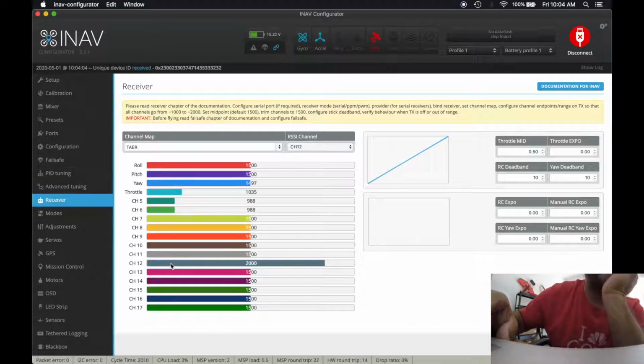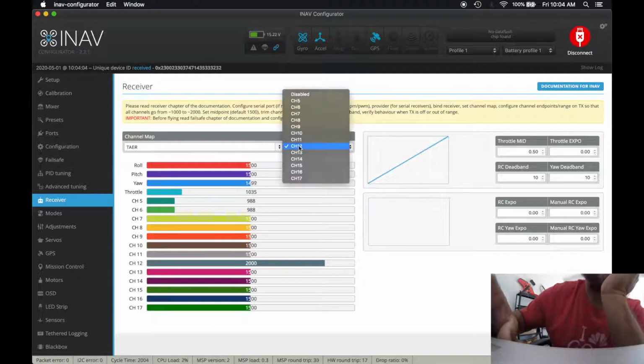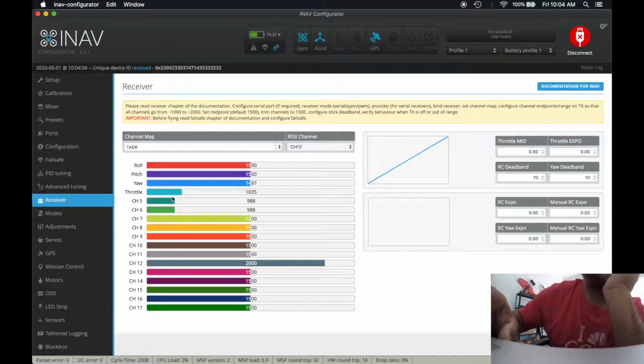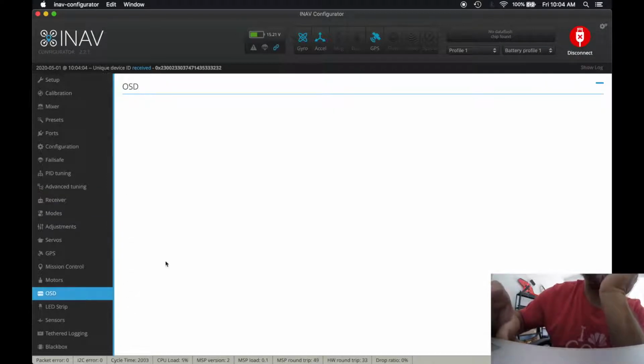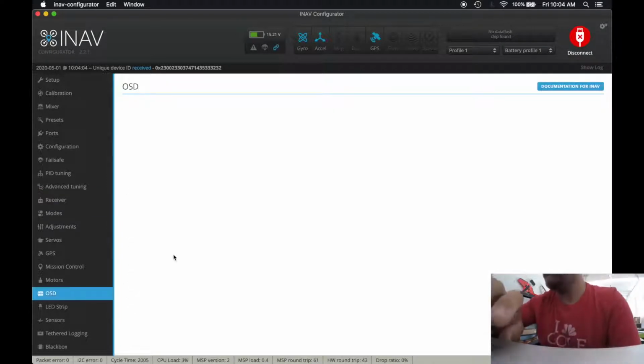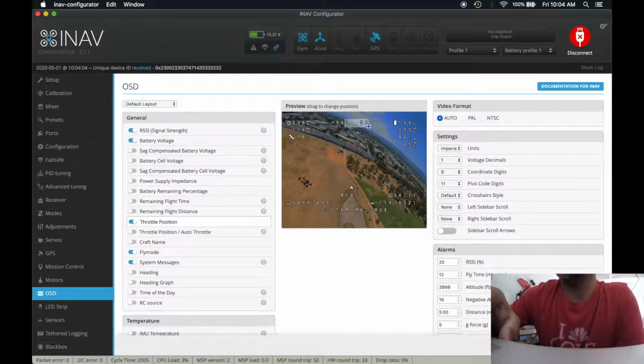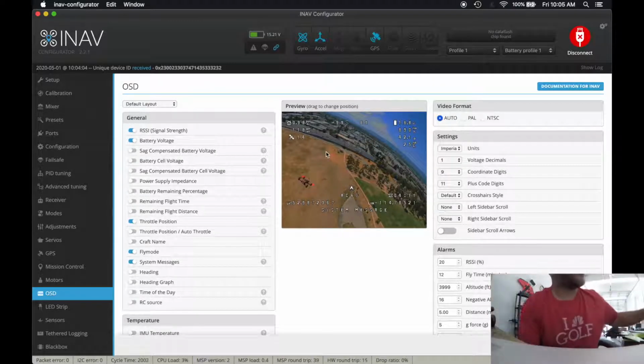It's actually better than RSSI. So then what you would do is go up here to RSSI channel and make it channel 12, which in turn is what does it, because whenever you go to your OSD, it now will show you that you have RSSI right here. I mean, obviously you've got to put it there or whatever, but now your RSSI will be active, which now brings me to